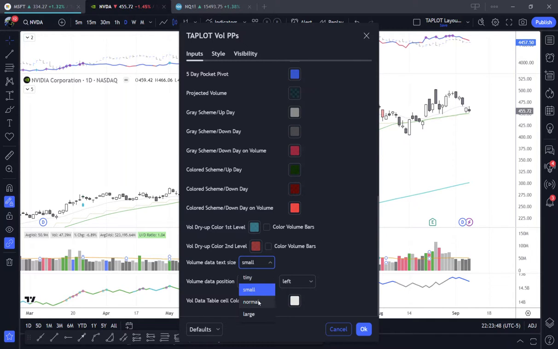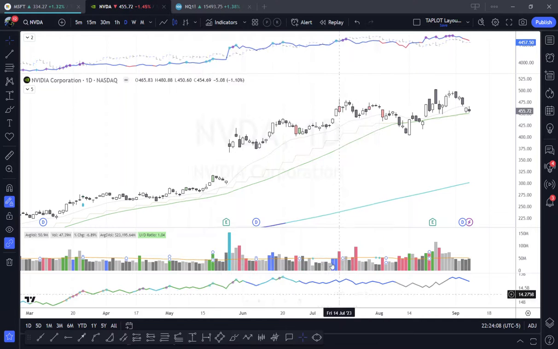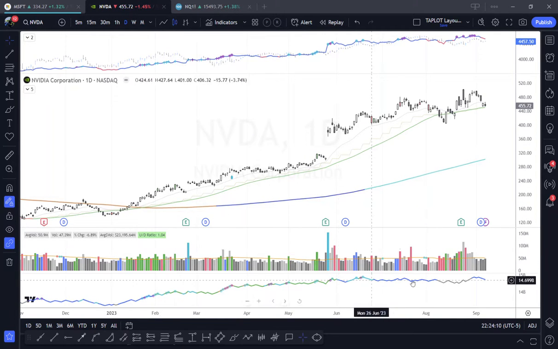Make the boxes bigger if you want it bigger. Make it tiny if you want it tiny. So lots of options. Change the position of this bar, and then the data table colors. So lots of options. But I'll make a separate video with a lot of examples around how I use this to judge